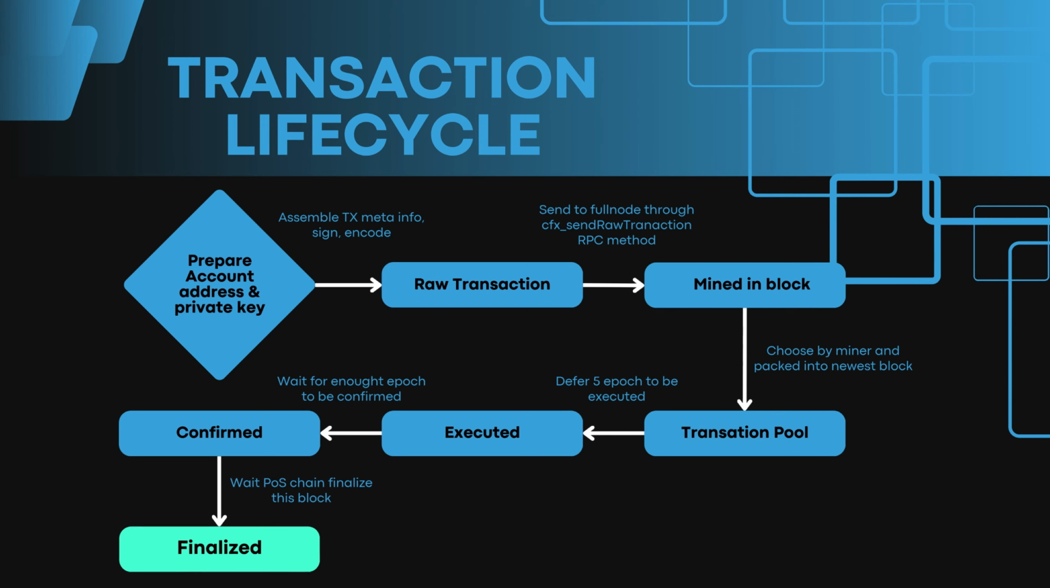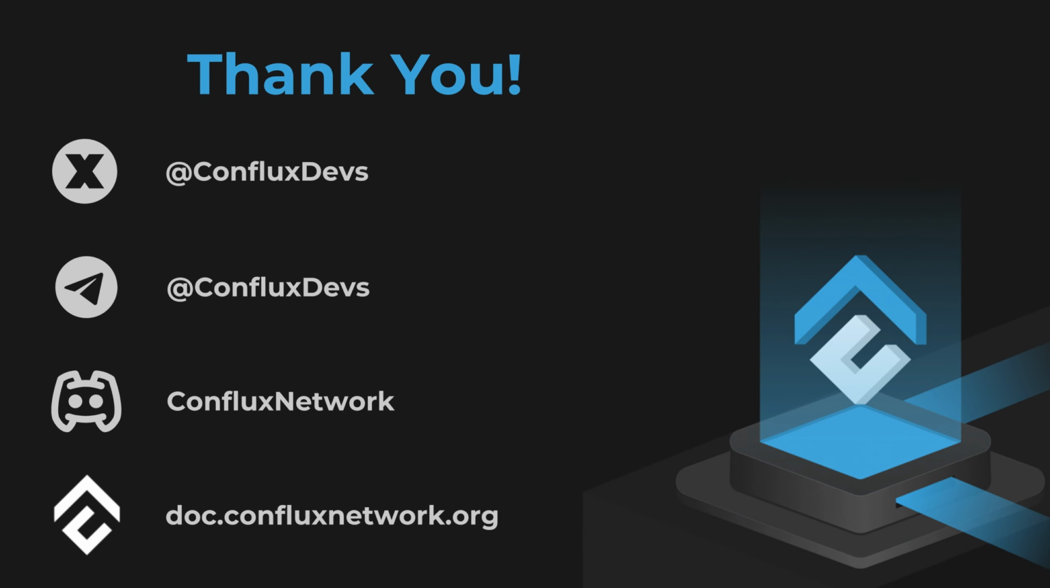Knowing all these stages is really helpful when you're troubleshooting transaction issues. You can check your transaction hash on Conflux Scan to see exactly what stage it's at and why it might have failed. The whole process shows how Conflux uses both proof of work and proof of stake to ensure everything is